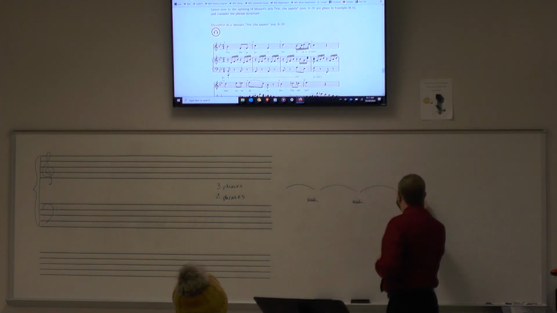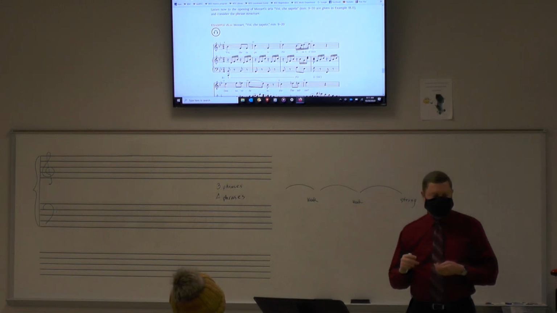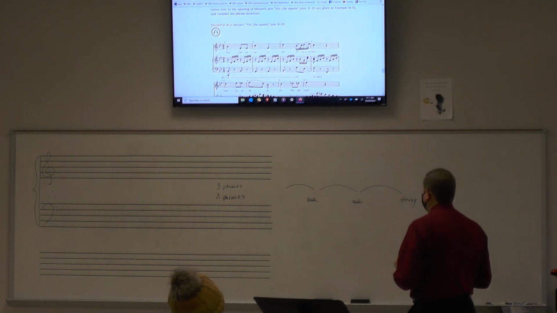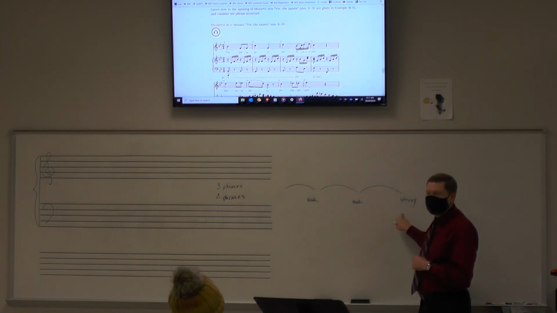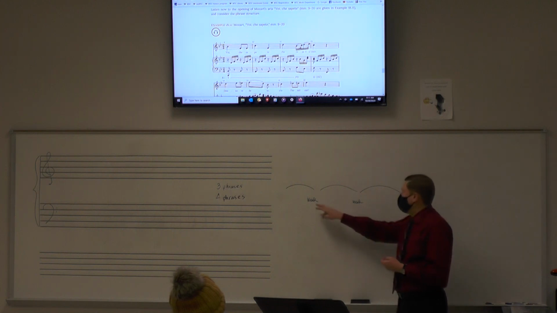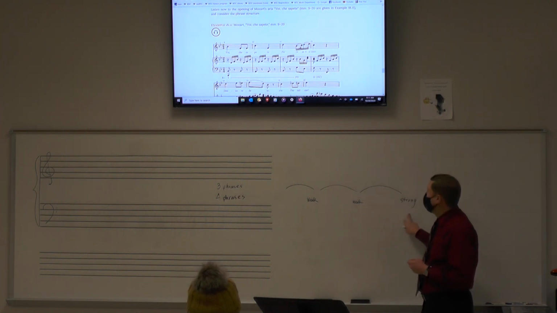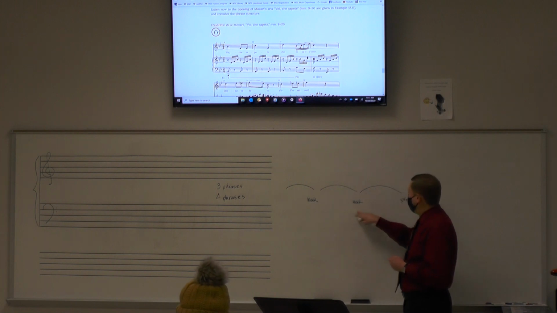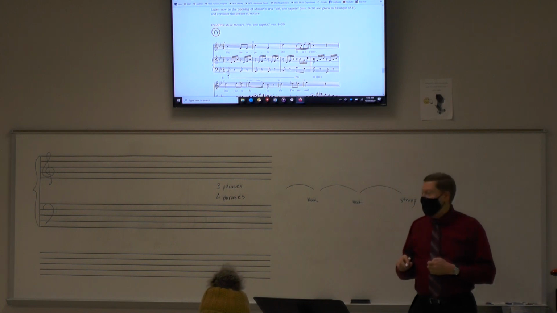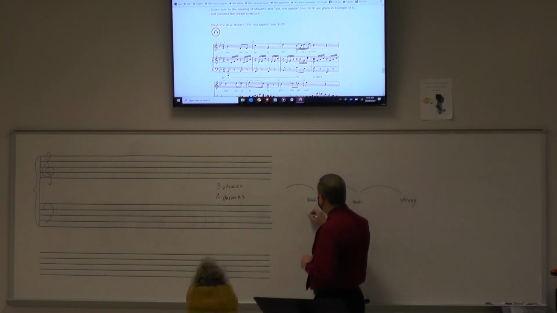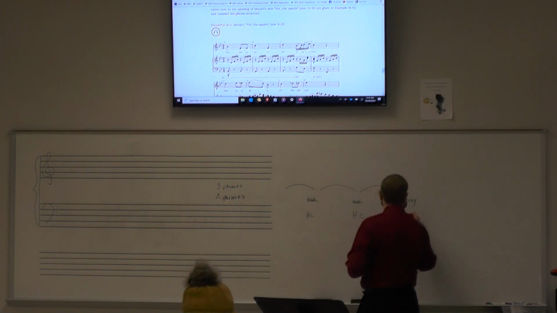In other words, generally in any type of period, a 2-phrase, 3-phrase, or 4-phrase period, the strongest of all the cadences is reserved for the end. That's true about every period. Generally, periods will end with a PAC. They don't have to. You can have half cadence, IAC, something like that. But generally you have half cadence, half cadence, PAC, or IAC, IAC, PAC, things like that. You could come up with several possibilities. The example that I have up here is going to be HC, HC, PAC.